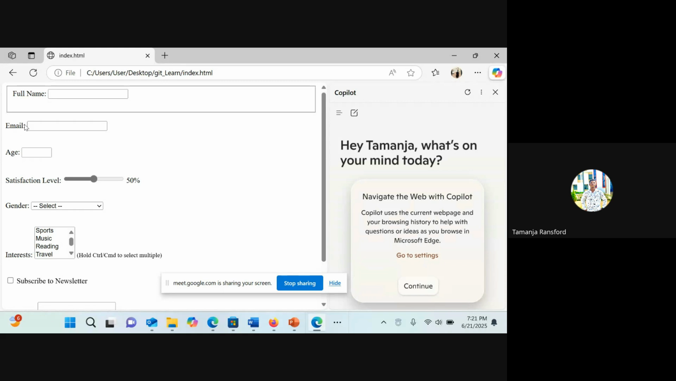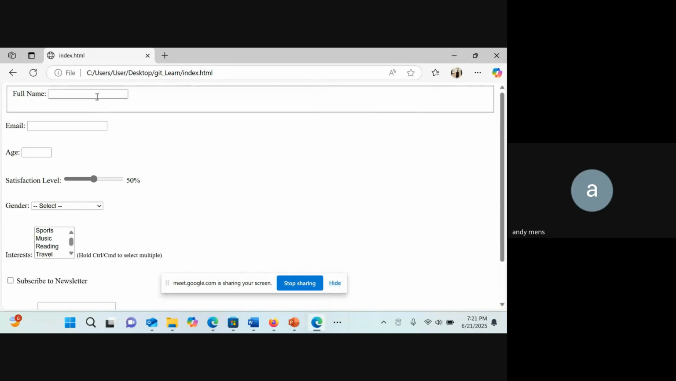Okay, so the email you are seeing here, the age, before the text area. So this is the text area, or the text box. That is where you are supposed to enter something. So the label, that is here full name, and with the one that we are using, that is first name,